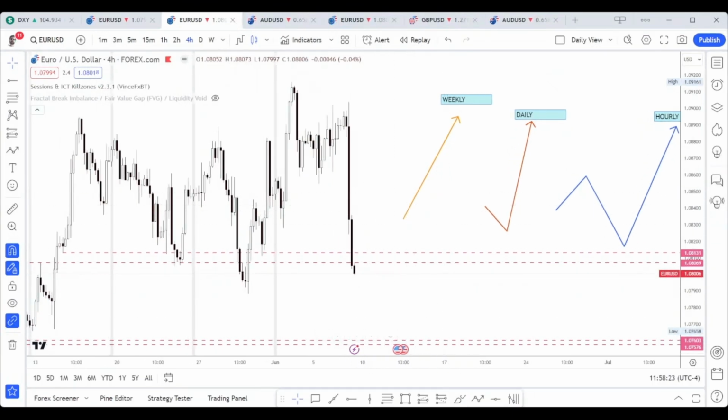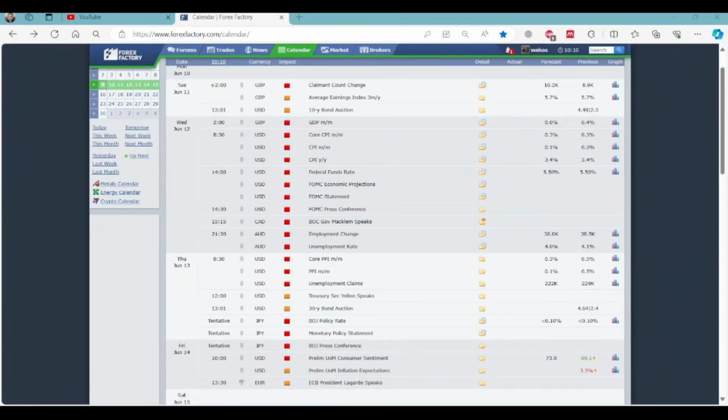And if you go to the weekly calendar, just give me a minute. Let me go there. Okay, this is our economic calendar for the week, and you guys can see that there's not a lot of movement or volatility expected on Monday or Tuesday, but Wednesday and Thursday is something where a lot of people would be very heavily involved in trading, and so would I be.